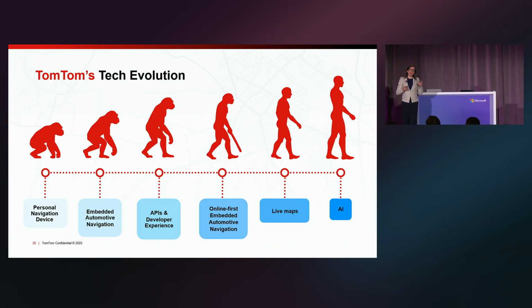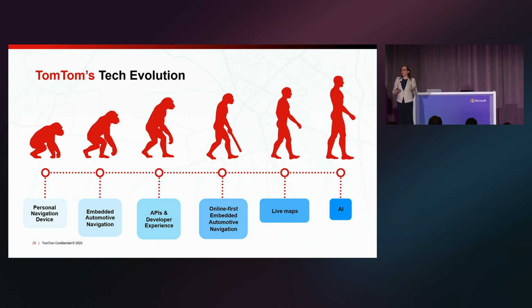Then we journeyed into APIs and developer products, Microsoft being one of our long-standing customers for a suite of API products. Then, of course, cloud services became available, so we could offer live routing, live traffic, live hazards in the vehicle, and drivers didn't have to go to their dealerships anymore to upgrade their navigation systems with an SD card. A few years ago, we started developing our live Orbis map that builds on the Overture Foundation, which we co-founded together with Microsoft, Meta, and Amazon a few years ago.